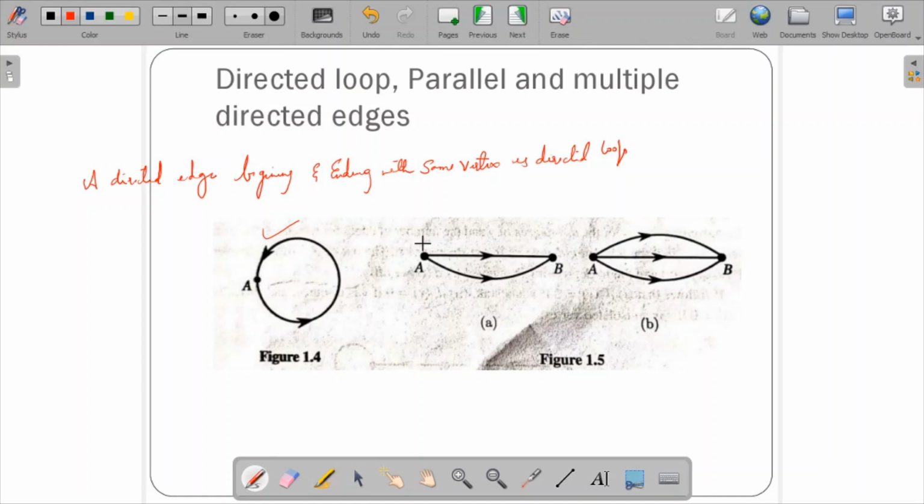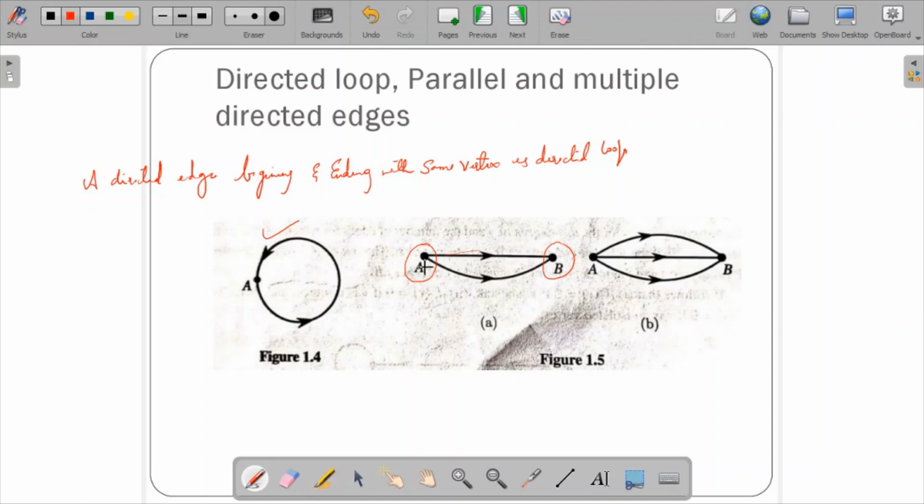Regarding parallel directed edges, a digraph can have more than one directed edge having the same initial vertex and the same terminal vertex. Two directed edges having the same initial vertex and the same terminal vertex are the parallel directed edges.